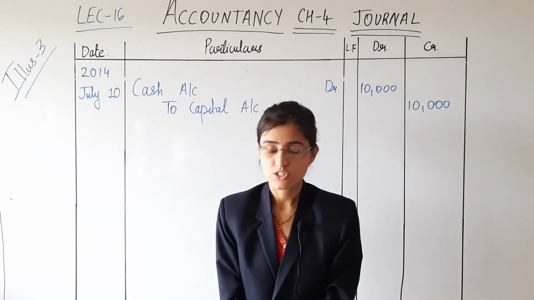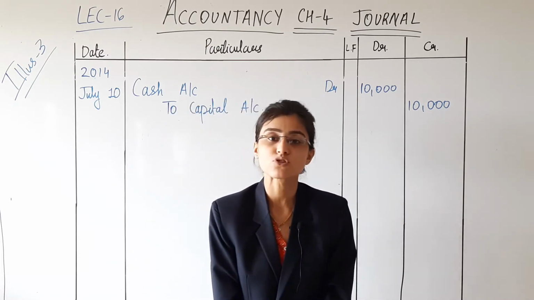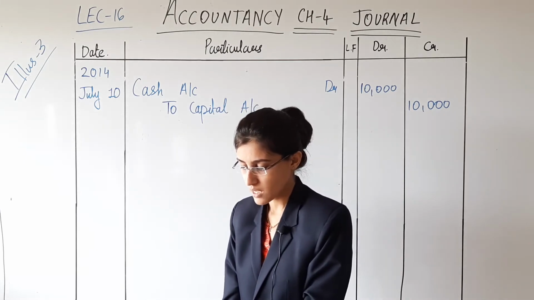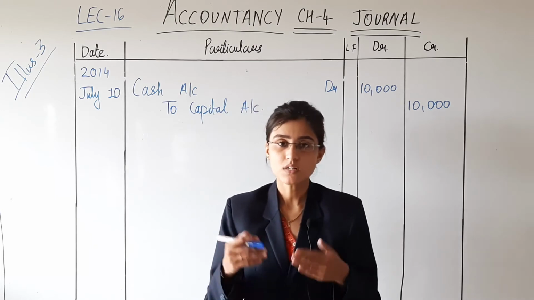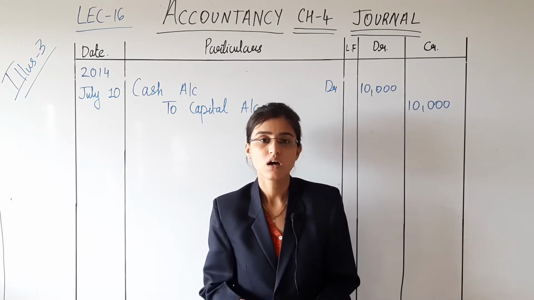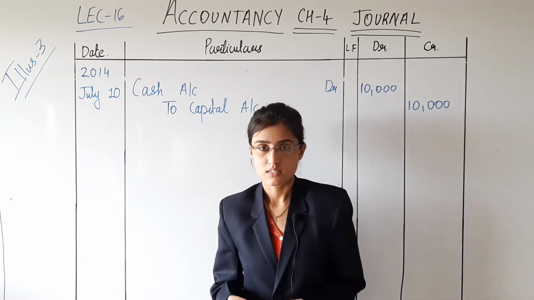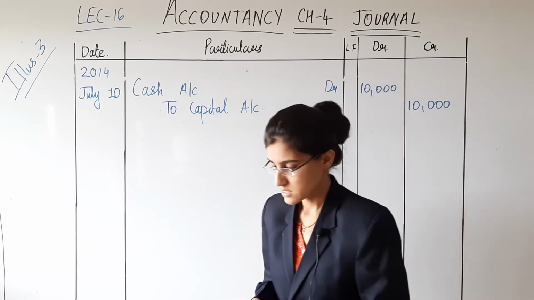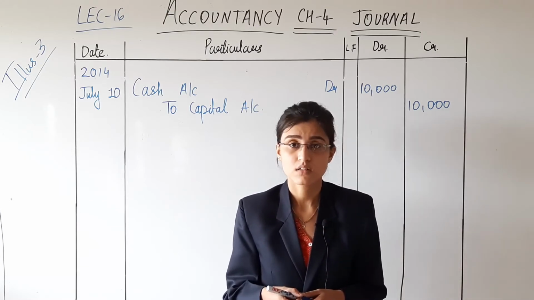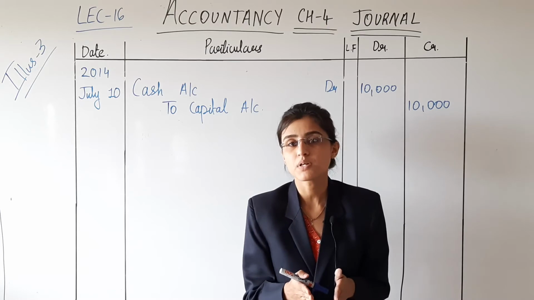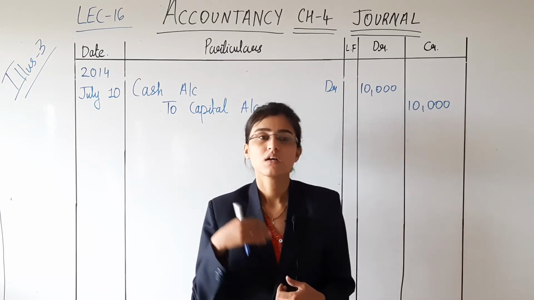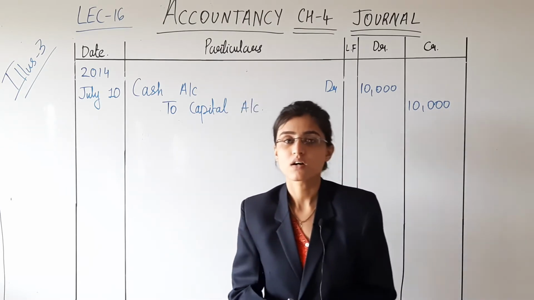Then the next transaction on 14th of July: brought in business personal receivables of rupees 6,000 and payables rupees 4,000. Receivables, you can write it down as debtors, you can also write it down as receivables. It is a current asset. Assets are all having debit balance. And payables, you can also term it as creditors. Debtors, receivables, all of them always have a debit balance. Payables, creditors are always having a credit balance.